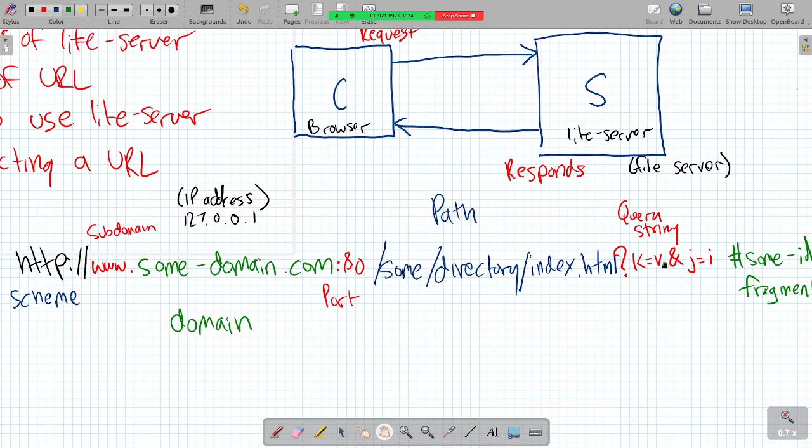Wait, so I have one question. In a more standardized link, like your Seek Education webpage here, the .com at the end is included in the domain, not the path, right? That's technically correct. And actually, it's even separate from that. It is part of the domain. It is also its own thing called the